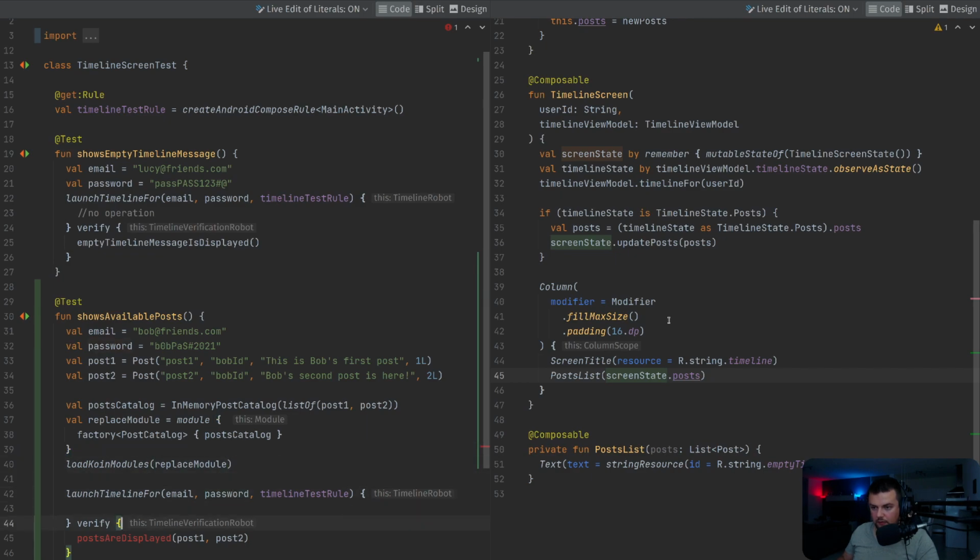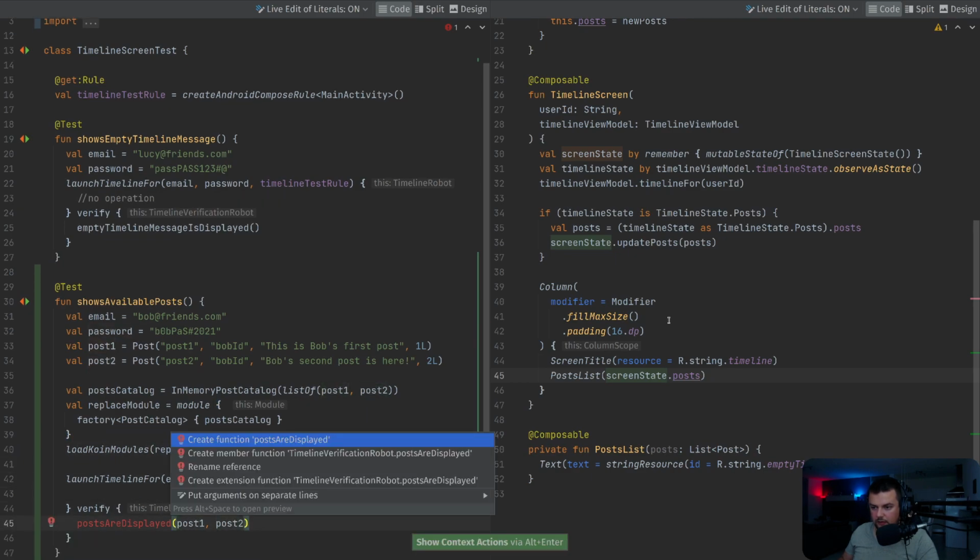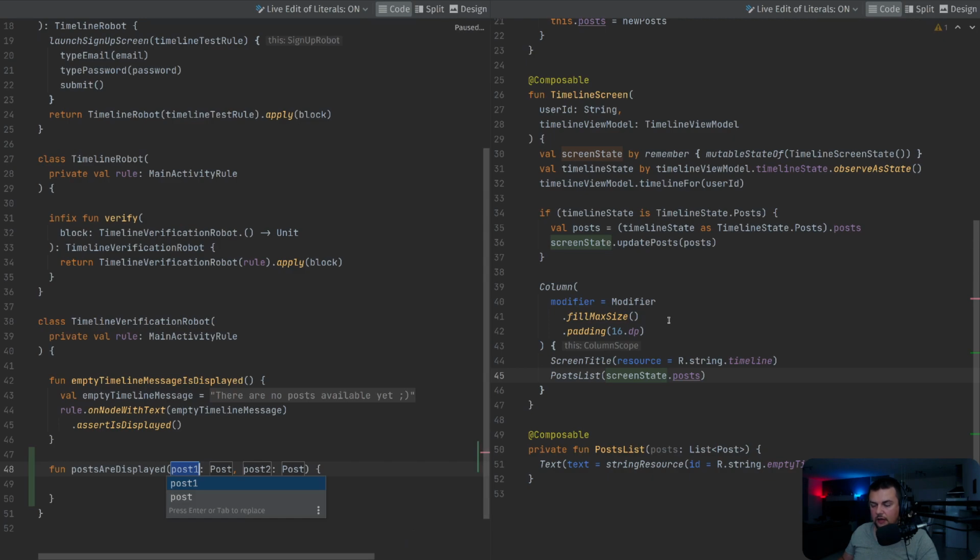So I'm gonna load, then I'm gonna launch, and finally let's create this member function, which is gonna be